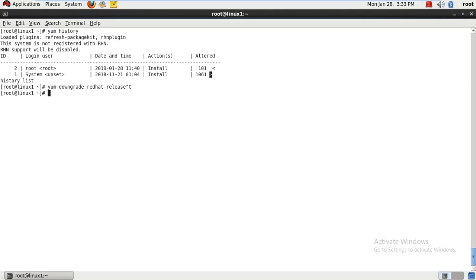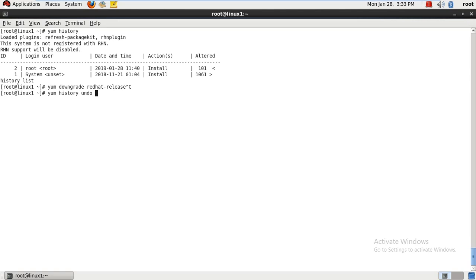If you don't want to do this, because obviously it will take some more time. When you execute this command, it may take half an hour or it may take an hour. It's up to the situation. Suppose there are 50 RPM packages which have been installed. It will erase them one by one, so it may take some more time. And there is also one more way you can do that, by executing yum history